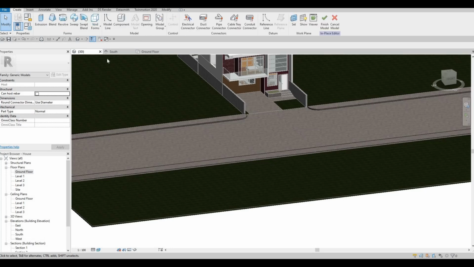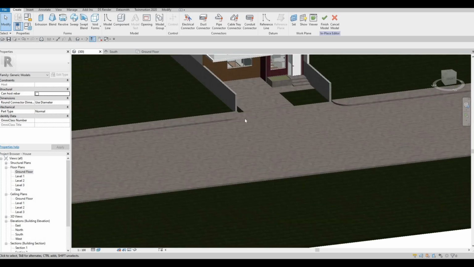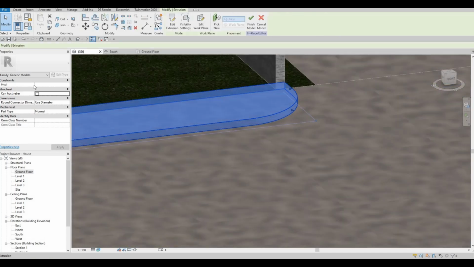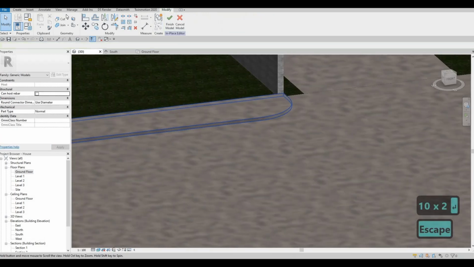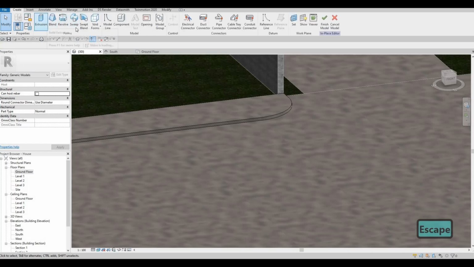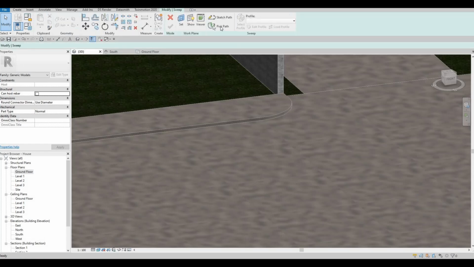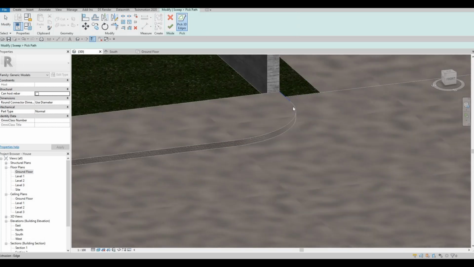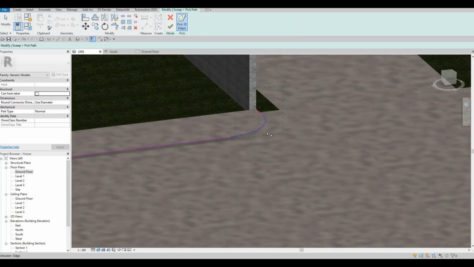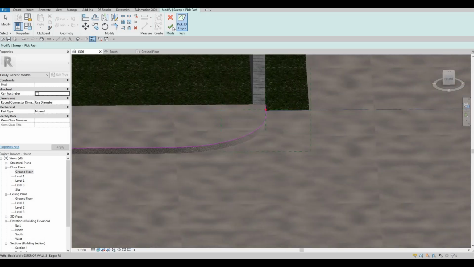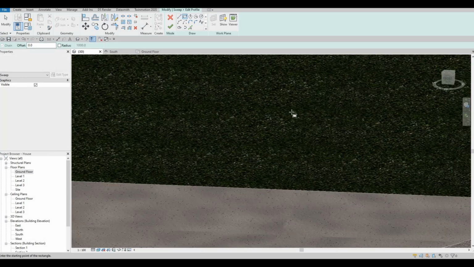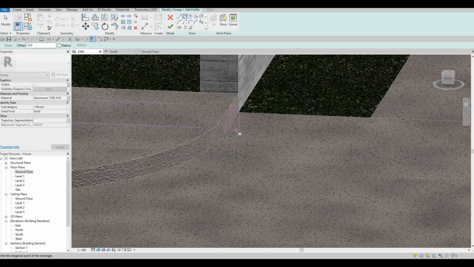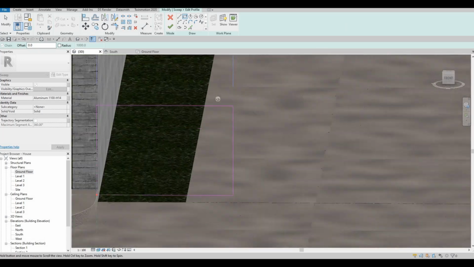We need to at least give it some nicer look, because it's gonna be too much like this one. I'm gonna change this one to 100, and then we could click on sweep and then pick path, and then you need to pick a path like so, and then after that click finish, edit profile, and then you need to copy the way I do it, and which is create a rectangle all the way down,